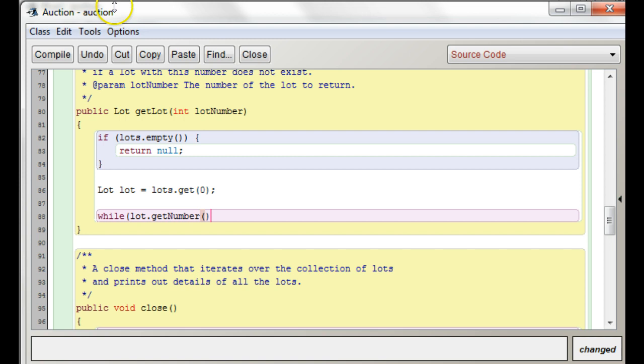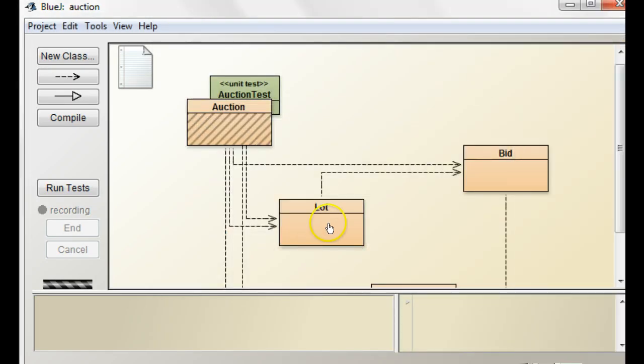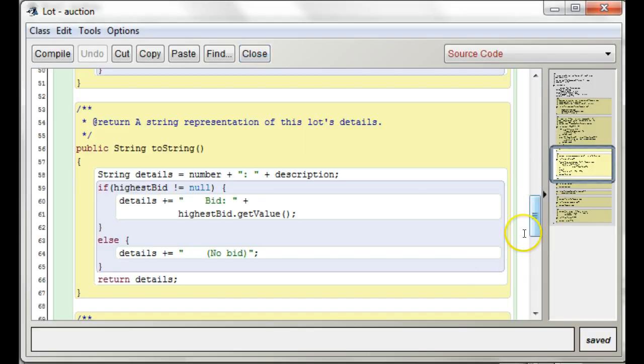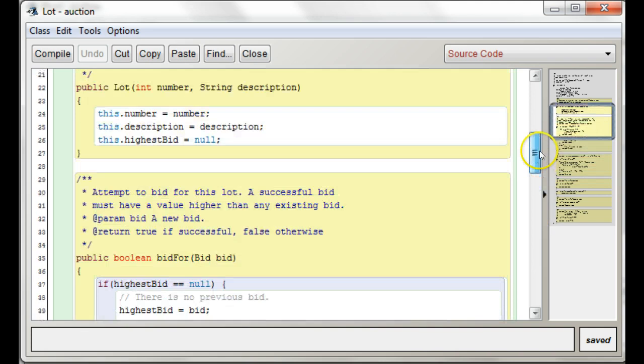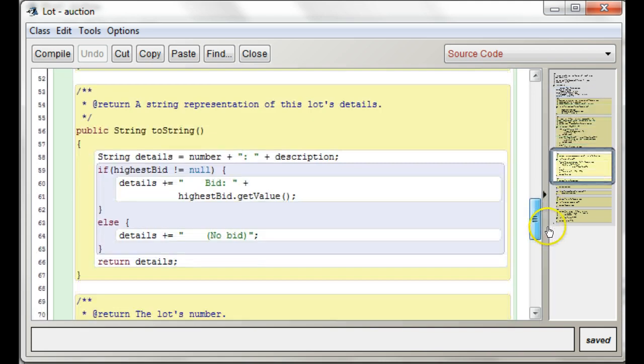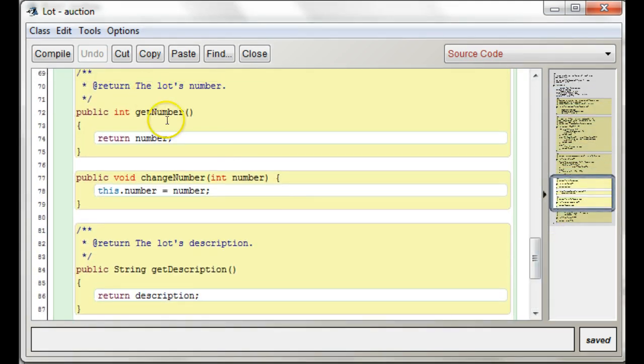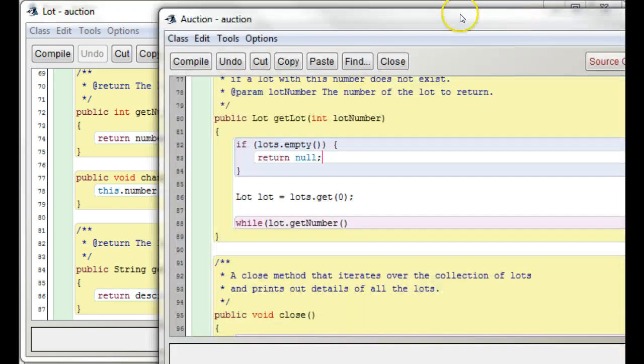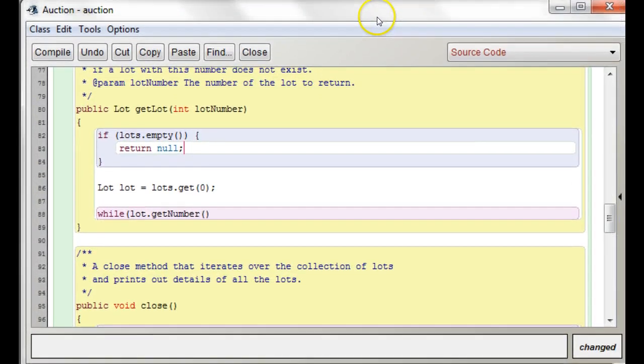Let me just make sure in the lot class what the method is. Get number. Yep, getNumber. So this is going to give us the lot's number, right? Now while lot.getNumber is not equal to the lot number that we were passed,